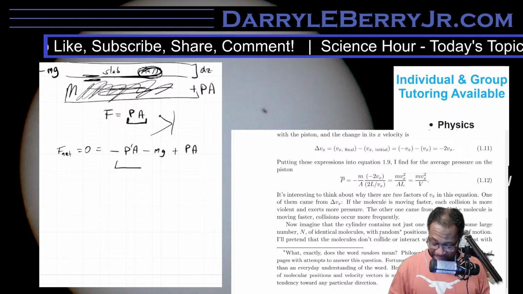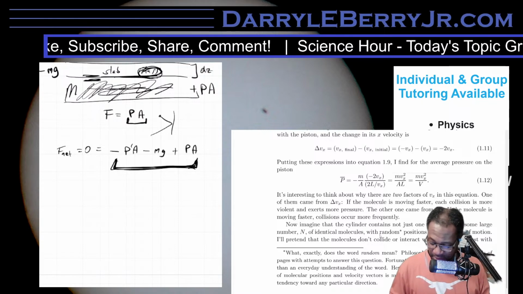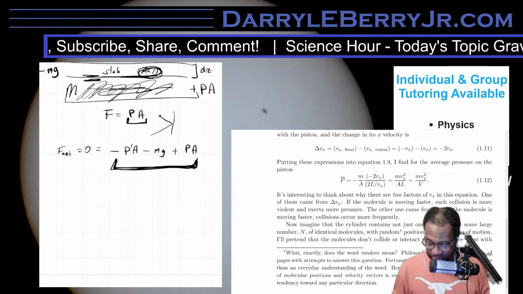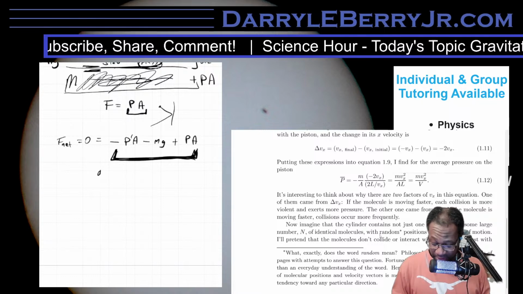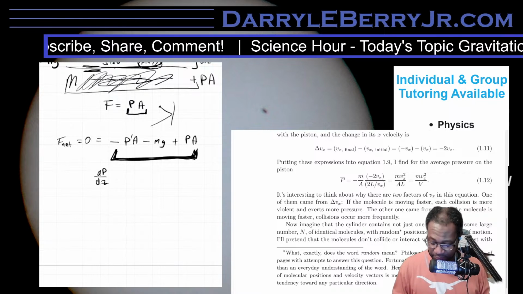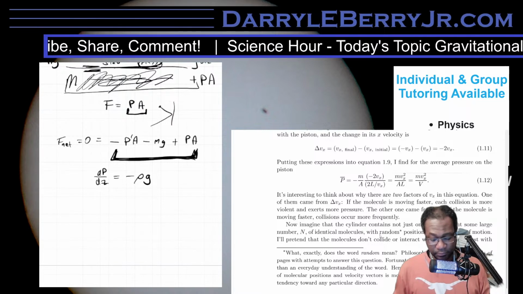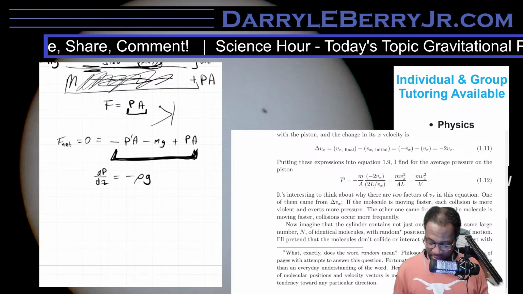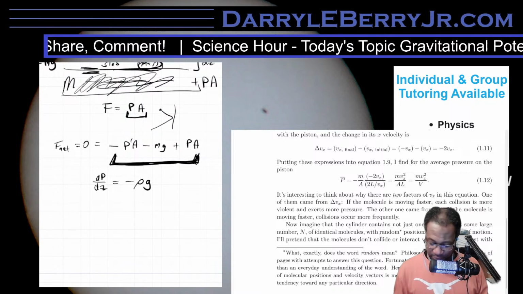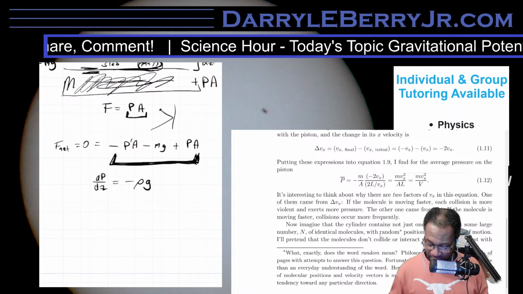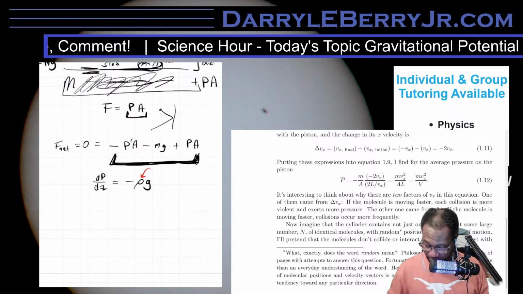So there's a complicated process of breaking these things down, which I don't think is really worth doing because it just takes a whole lot of time. All that to get to what I was talking about, which is we end up with dp over dz equals negative rho g. Remember, that's g, because the mass is contained in the density here. So this ends up being the density of the air in the middle here.